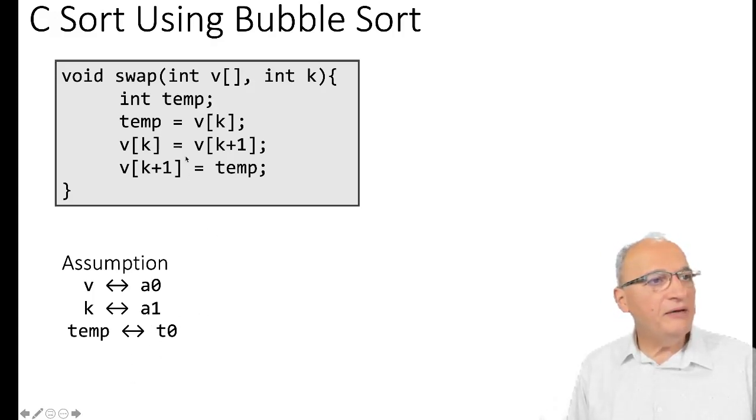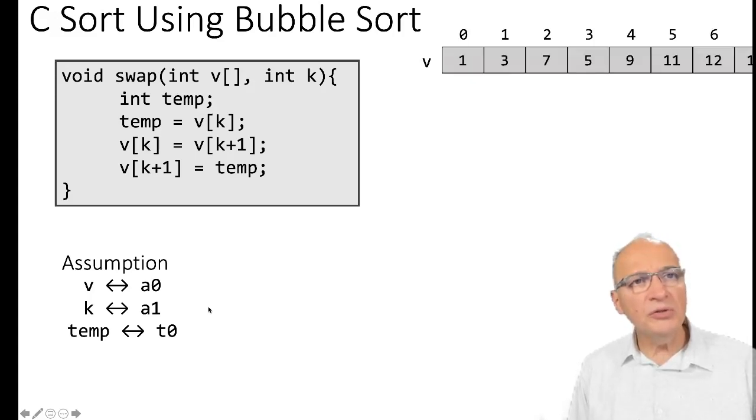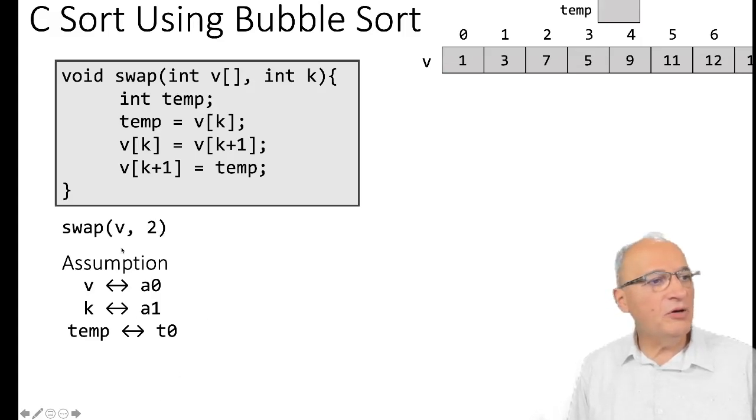And then I have a temporary variable, so I'll use T0 to store my temporary variable. So here is an example of an array that needs to be sorted. And here's my temp variable. And let's assume that I have a call swap(v, 2). So swap(v, 2) is telling me the initial address of v and telling me that the swap should happen at position 2. So the effect of this invocation of this function is that I'll be swapping the values 7 and